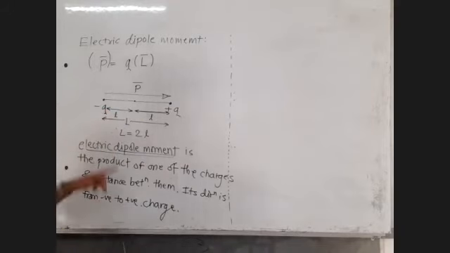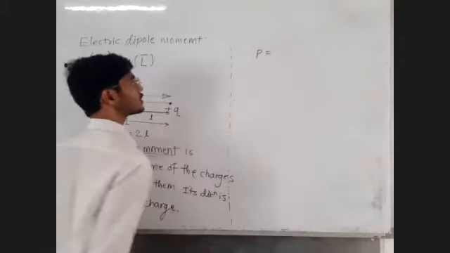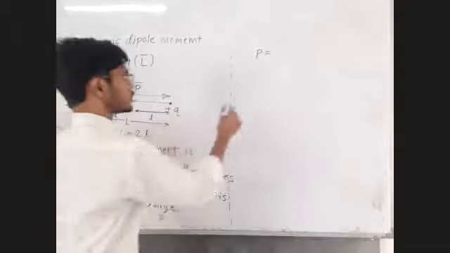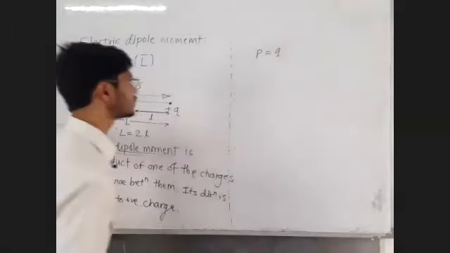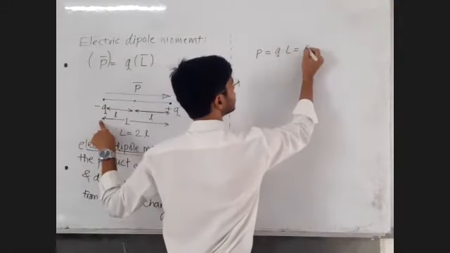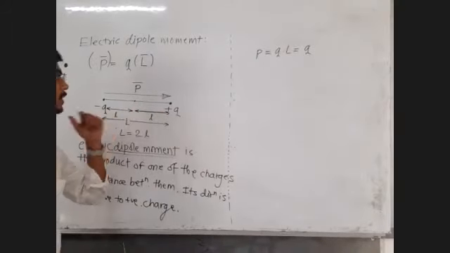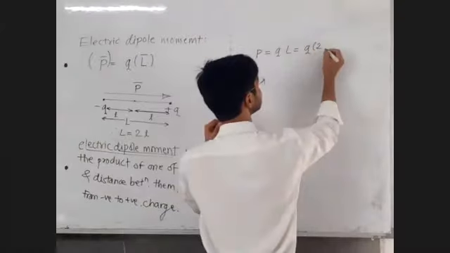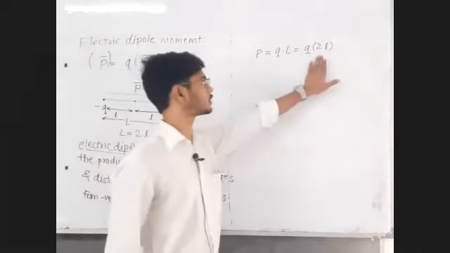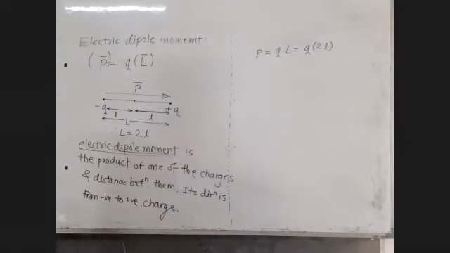Sir, can we continue this with the magnitude of the electric dipole? P is equal to, small p is equal to one of the two charges, any one charge, multiplied by the distance between them. So the distance between them is capital L. Yes, but sir, you said capital L is written as small l and small l, half part small l, half part small l. So sir, can we write it like this, q into 2l? Yes, you can write it. We can write it as q into 2l, the magnitude part of it. Direction, we know its direction is from negative to positive.